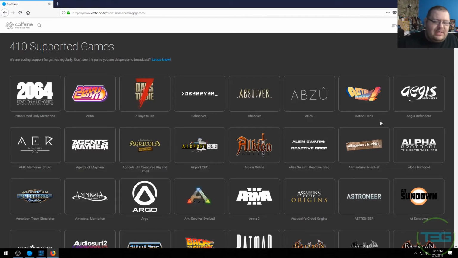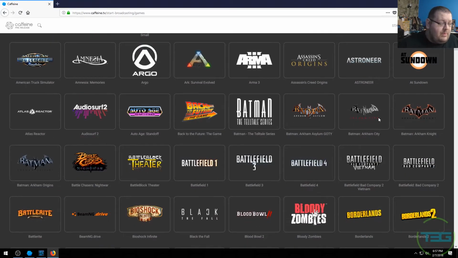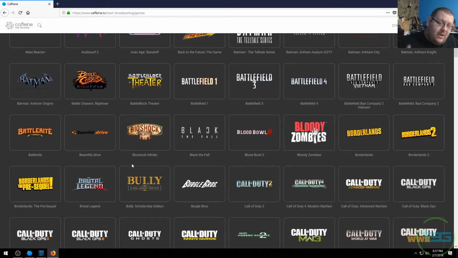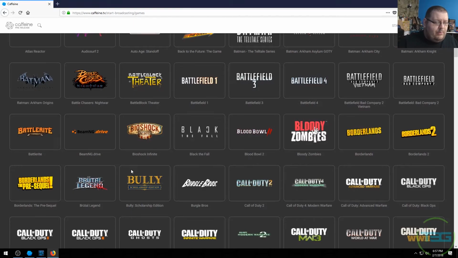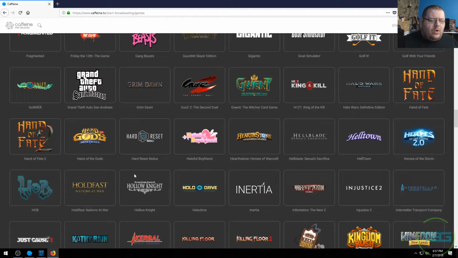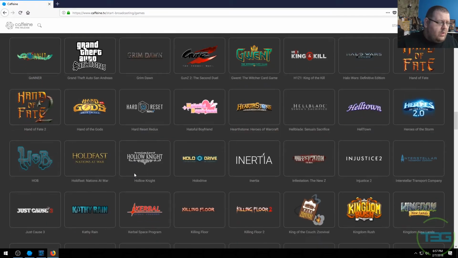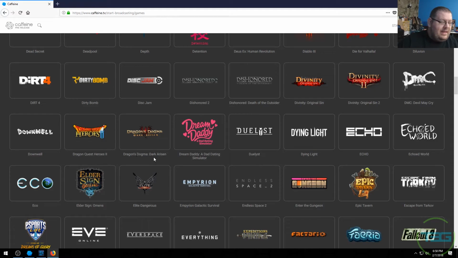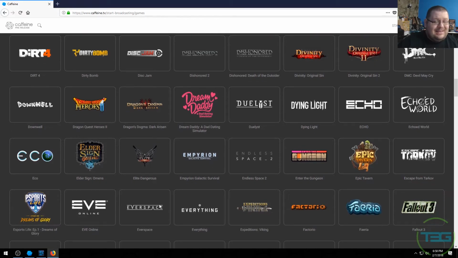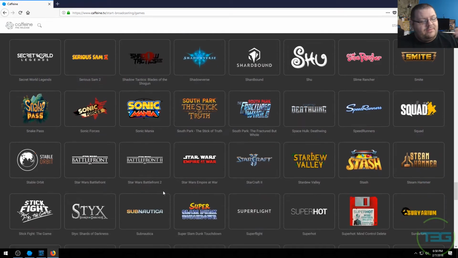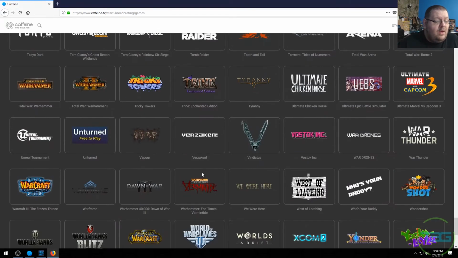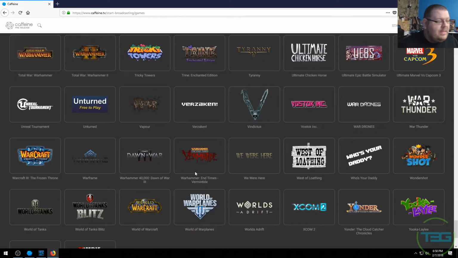There are only 410 currently supported games. Now, that is pretty much everything that matters to people. You've got your Arkham games, you've got your Battlefield games, you've got BioShock, although only BioShock Infinite. You've got all three Borderlands games. You've got World of Warcraft, you've got Overwatch, of course, so there is some opportunity. I like that Elite Dangerous is on there, but so is Everspace. Everspace is something I play. Rocket League is there, StarCraft 2, of course, but you don't have certain classics, like you don't have StarCraft 1, you don't have Warcraft 1. You do have Warcraft 3, The Frozen Throne, but there are gives and takes. Some games are present, others are not.